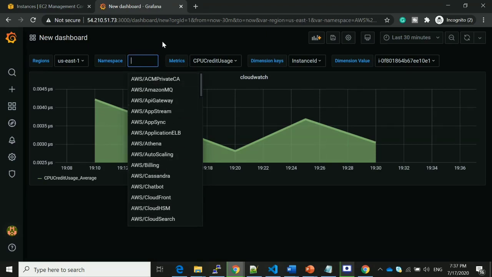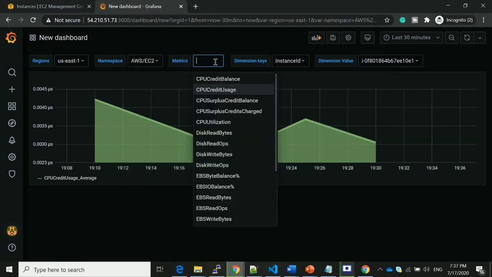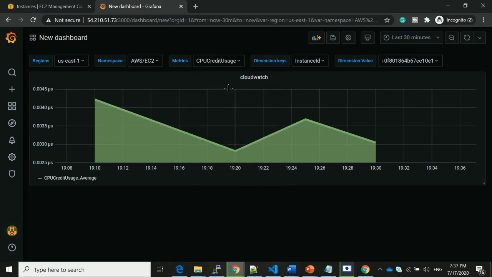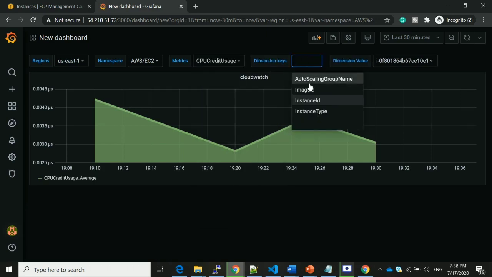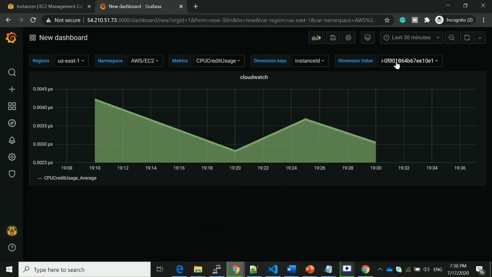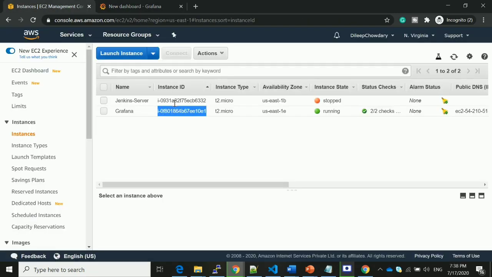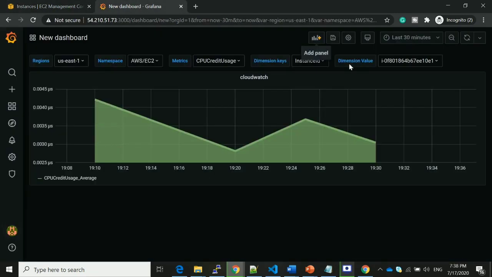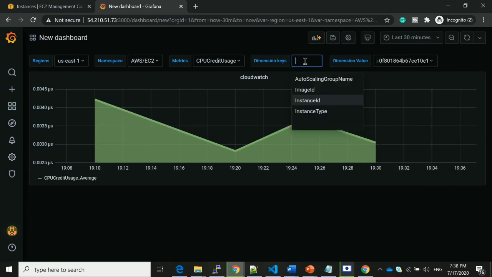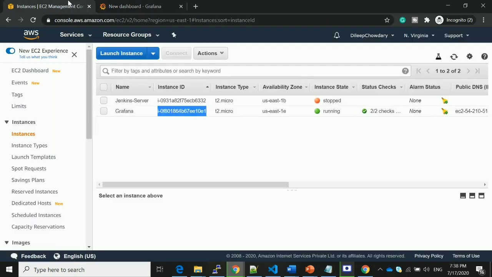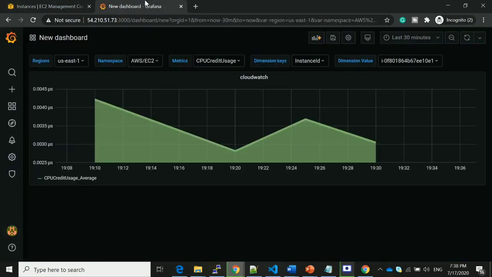Okay, here I am choosing the region as US East 1, AWS EC2 namespace and CPU credit usage. I'm selecting the instance ID. If you observe here, it is the Grafana instance, right? So right now it's showing Grafana dashboard details. Okay, let me take another instance ID. So here I will provide another instance, like the Jenkins server ID.